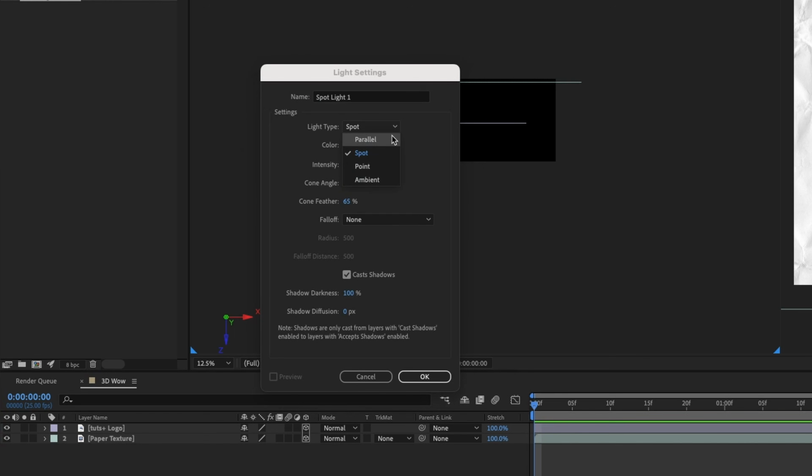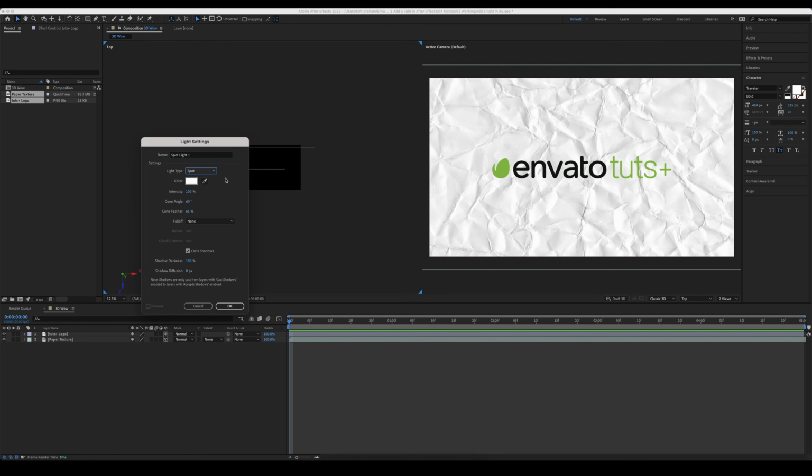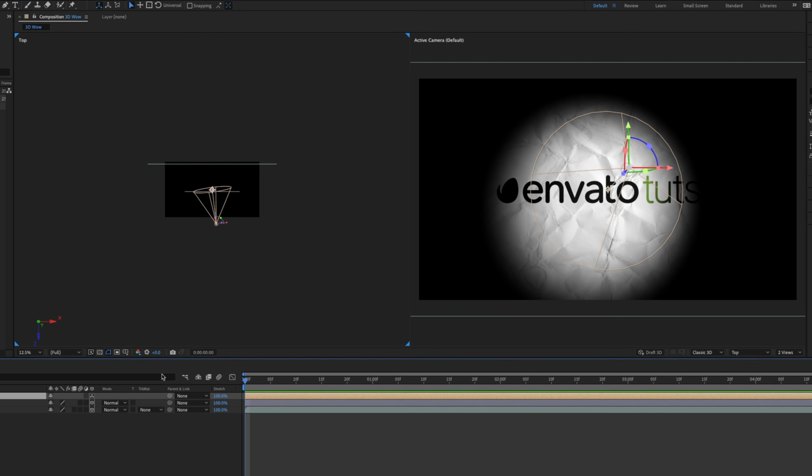We've got spot, parallel, point, or ambient. Right now, we're going to work with spot. You can definitely play with all of these different lights and settings and see what works for you, but spot is good for this purpose. So just keep all of these settings as they come up, and then we'll go back and refine them later. Hit OK. You can see immediately that it's added a spotlight to our composition, and it acts like a